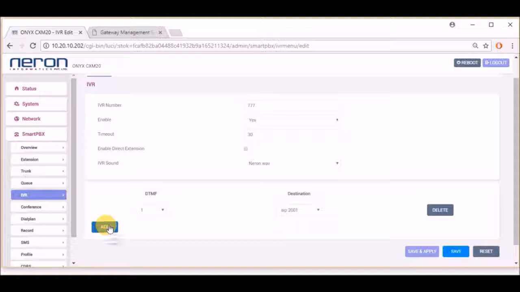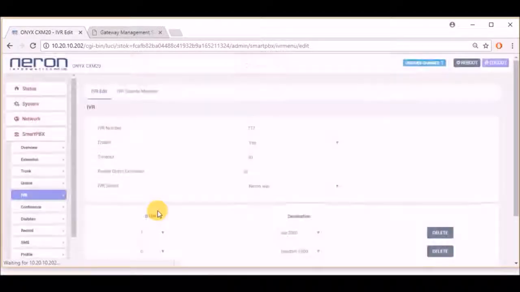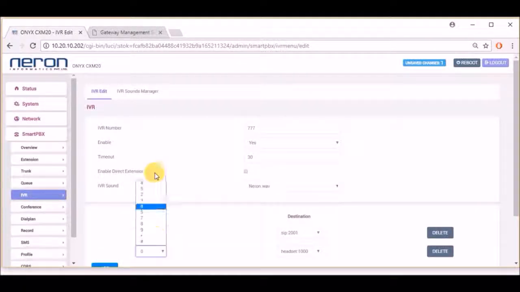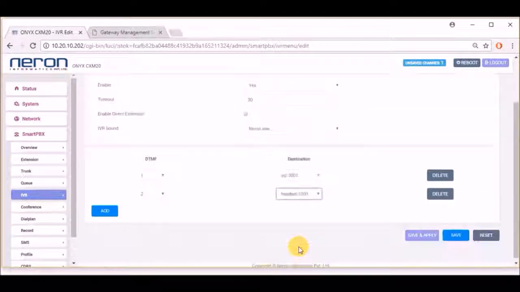And now I'll add another one also. So I'll make this one 2, and the destination here will be 2002, and save and apply.